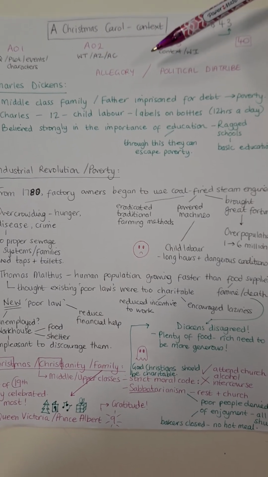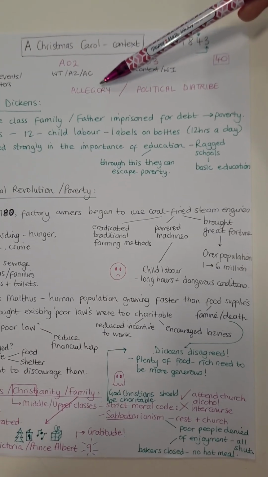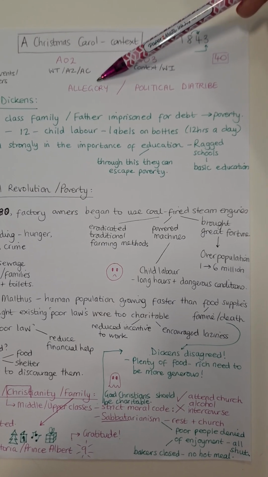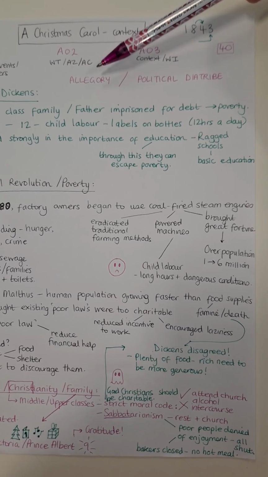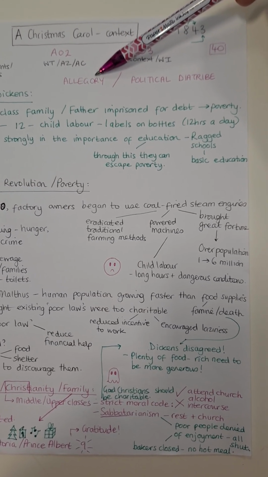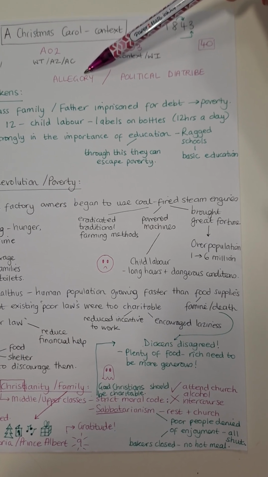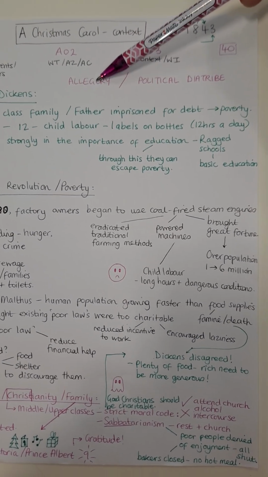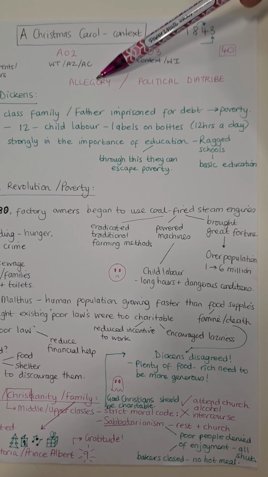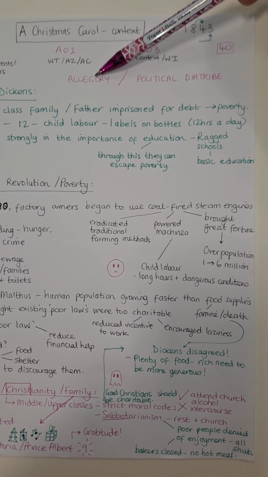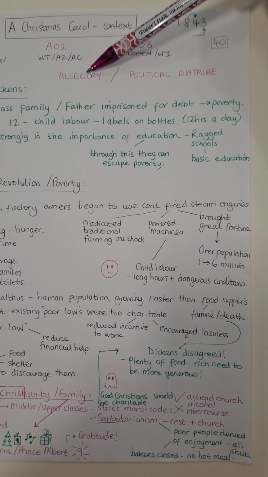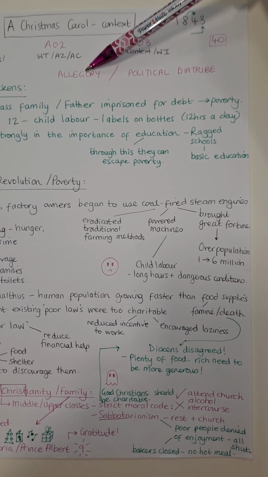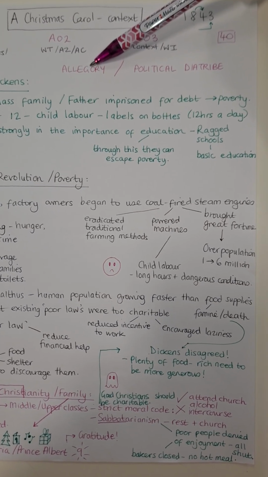Well, we know that Charles Dickens wrote this to be an allegory, so he wanted it to be a moral message in his story. He had a very deliberate need for the middle and upper classes to be more charitable to the poor. So it was really important that he wrote a story that would haunt their little minds for a long enough time to make sure that they're charitable after they'd read his book.